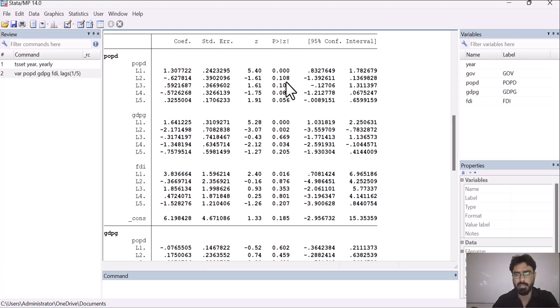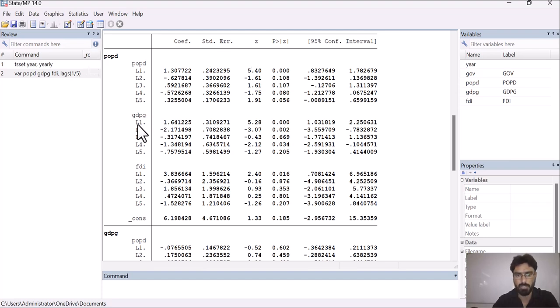Lag 2 is insignificant because its probability value is greater than 0.05. Lag 3 is also insignificant because its value is also greater than 0.05. This one is also insignificant. This value is significant because it is exactly 0.05. So we can say that lag 5 has a significant impact on POPD.